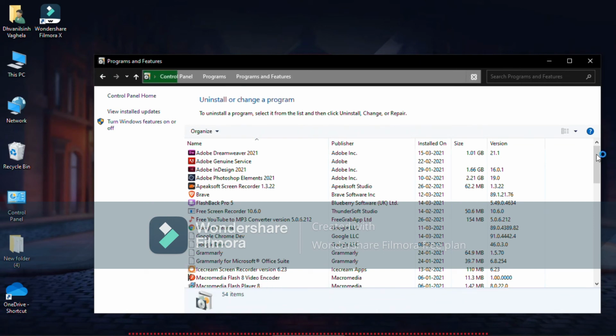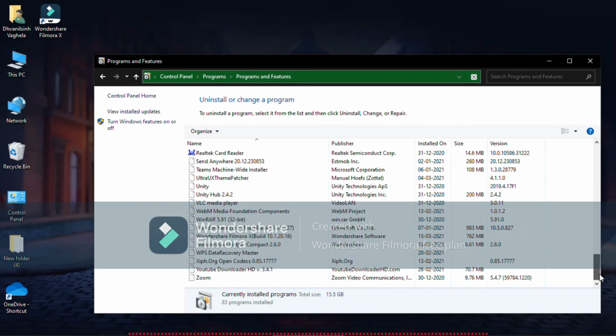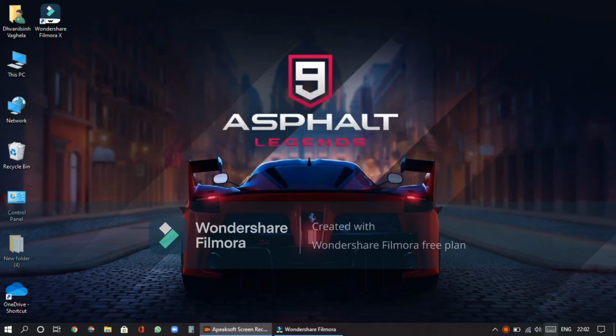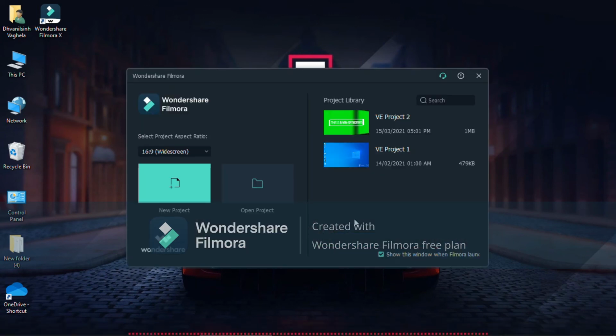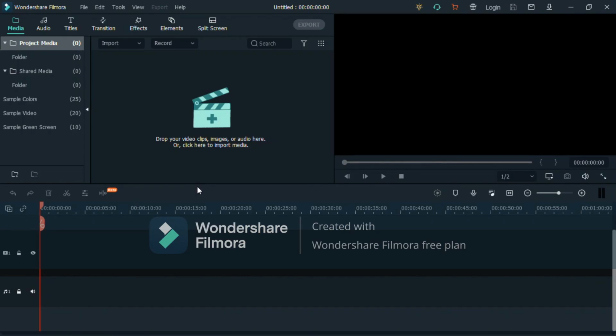So here all the programs which are there on your PC come up. So after going to the bottom, as Filmora Wondershare, so W, and here it is Filmora Wondershare X, which we have downloaded just now only, and here's the date 15th, which is today's date. So I have closed it, and Filmora Wondershare has started. So let us click on new project. I am doing this to show you that it is working or not.